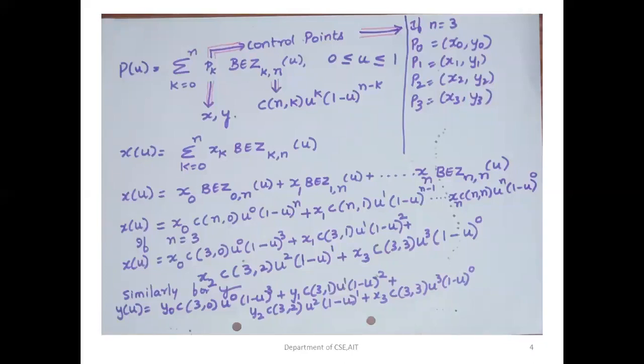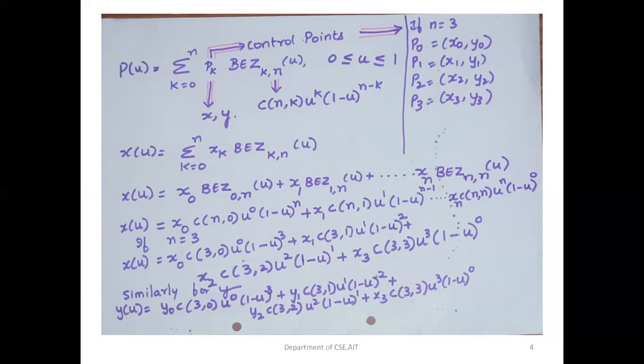In my program, we have taken n equal to 3. That means the total control points is equal to 4, as it is always n plus 1 control points. So if n is equal to 3, we will have 4 control points, that is P0, P1, P2 and P3. P0 is one point, expressed as x0 and y0. P1 is another point. P2 and P3 also are points expressed as x and y values.